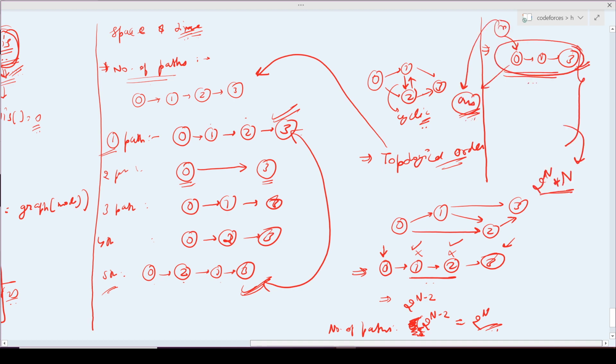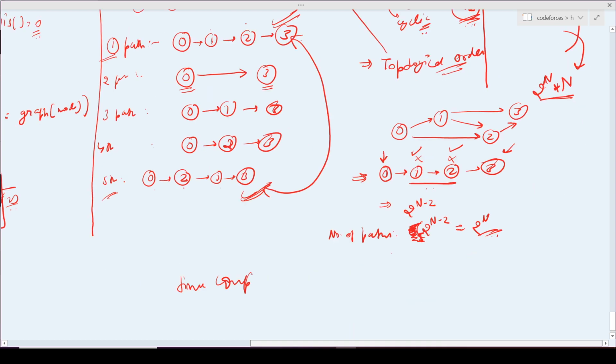So the time complexity will be O of n into 2 raised to the power n.